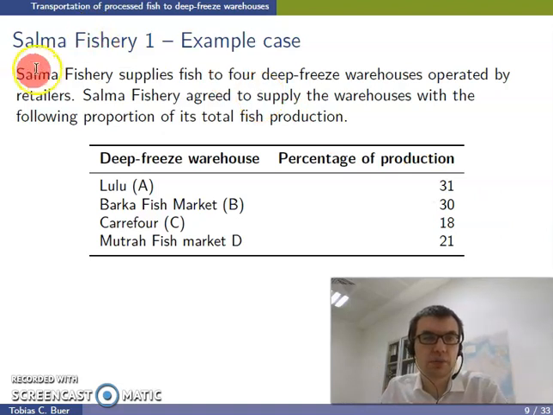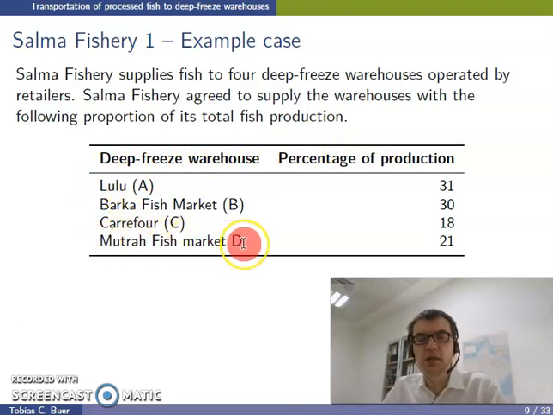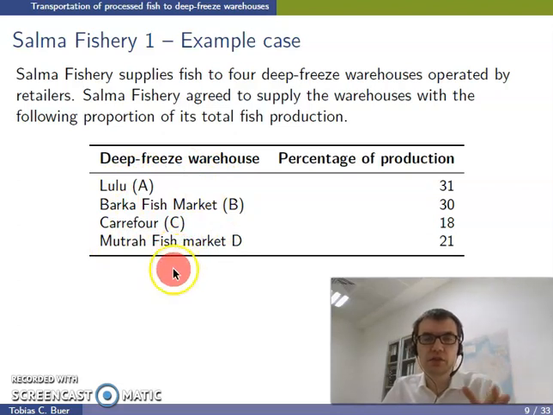Our example company is called Salma Fishery, and Salma Fishery supplies fish to 4 deep freeze warehouses operated by retailers. Salma Fishery agreed to supply the warehouses with the following proportion of its total fish production. We supply Lulu, Balka Fish Market, Carrefour and Matra Fish Market. These are our customers. More specifically, these are the deep freeze warehouses of our customers that receive the fish from our factories. And now the contract